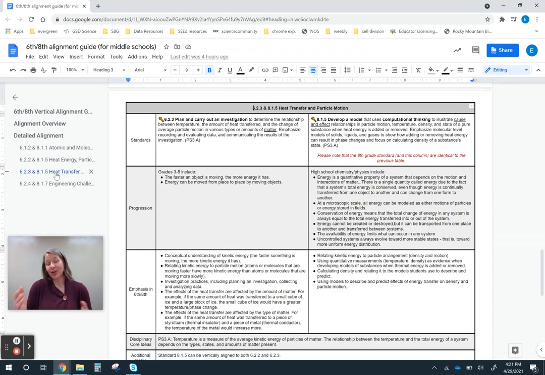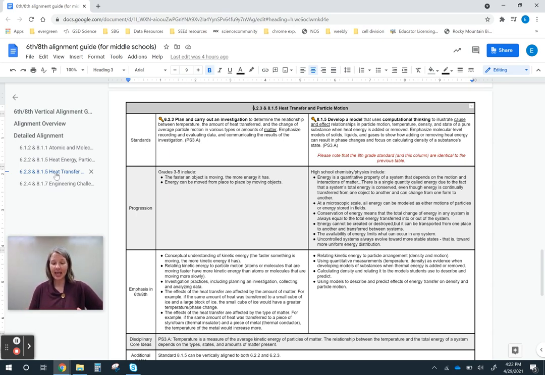You're welcome to use it on your own to look at maybe what you want to emphasize, but it really is designed to be a conversation starter with teams. And it's also suggestions. It's just a guide. It's not us saying you have to emphasize this in 6th grade and this in 8th grade. As you are using this with your team, if you have questions or suggestions, please let me know. This is a little bit of a living document,